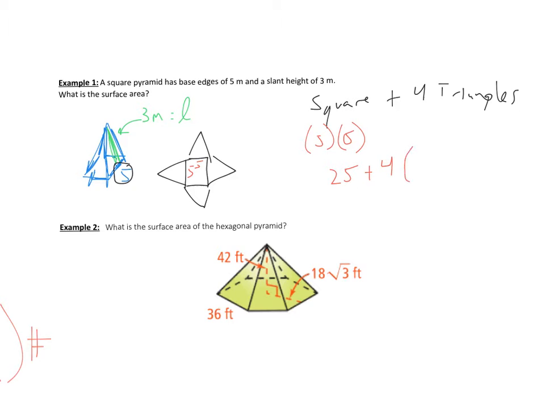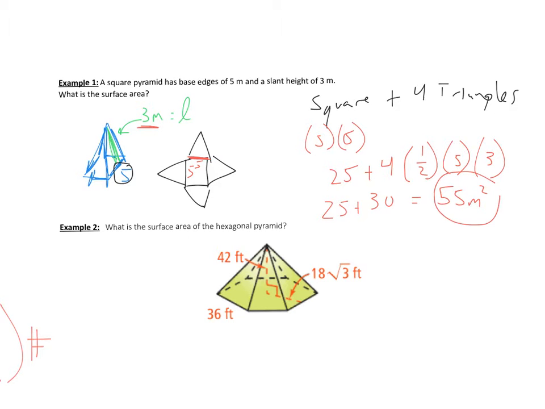Well, what's the area of a triangle? 1/2 the base length, which they said was 5, times the slant height. The slant height is 3. So I'll do 25 plus 3 times 5 is 15, times 4 is 60, and half of that is 30. So it's a total of 55